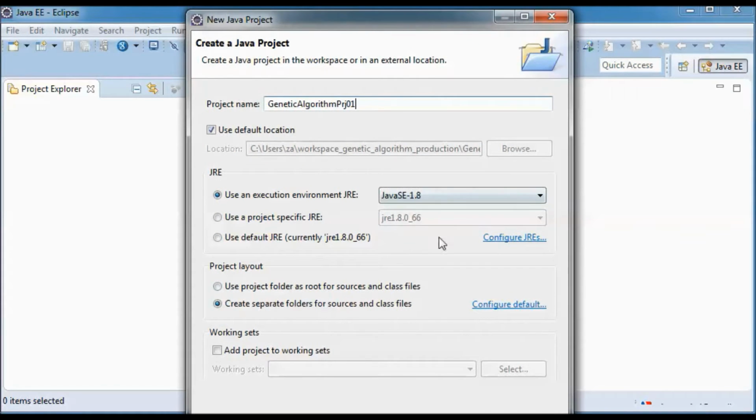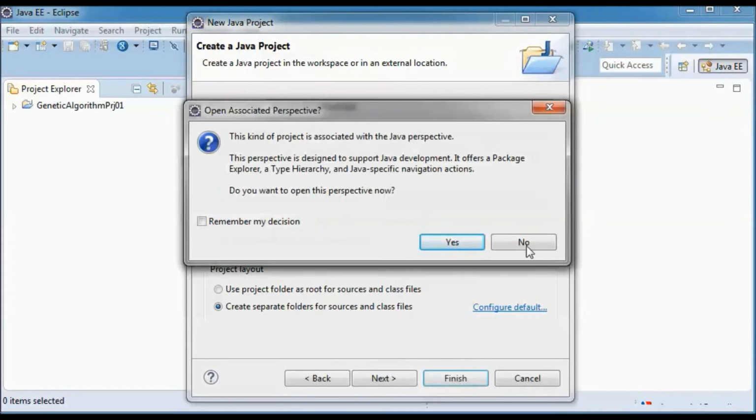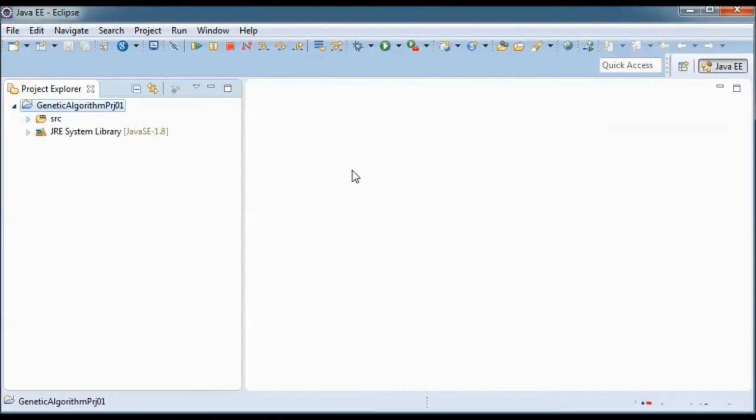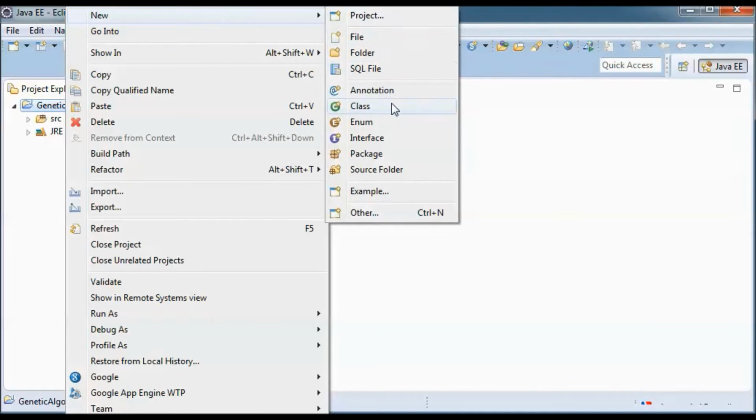So this project will be running on Java 8. And it will have a chromosome class.